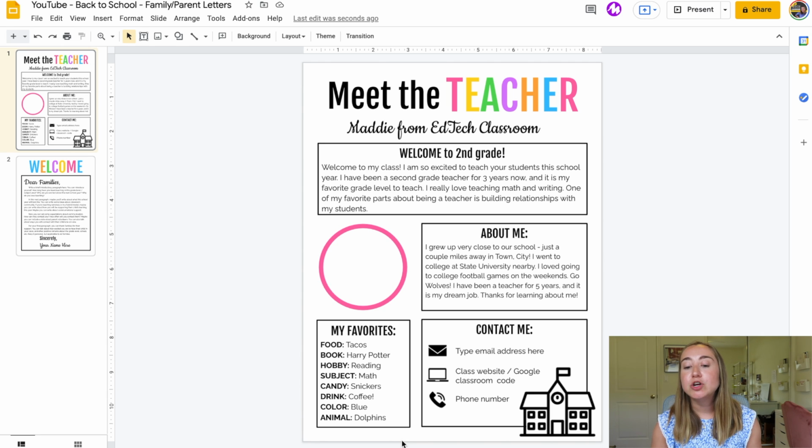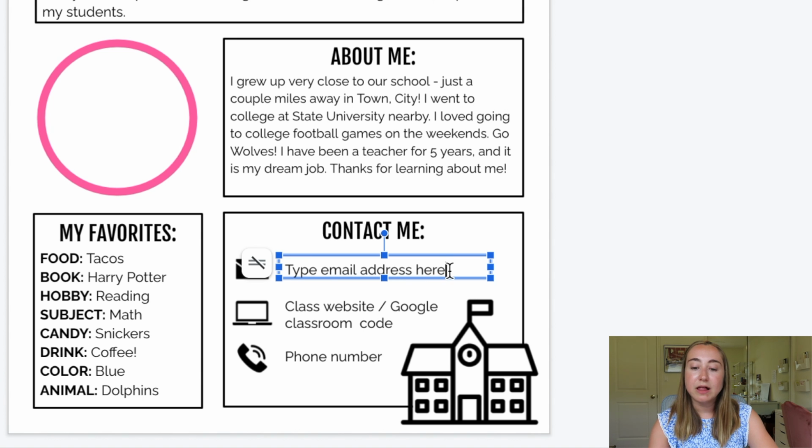Next, under Contact Me, some information that I like to include with my Meet the Teacher letter is my email address and my class website or my Google Classroom code, depending on what type of learning management system you might be using at your school. So that's going to be like Canvas, Schoology, Google Classroom, etc. And then I also like to include my school phone number. So for my email address, I can go ahead and just include my